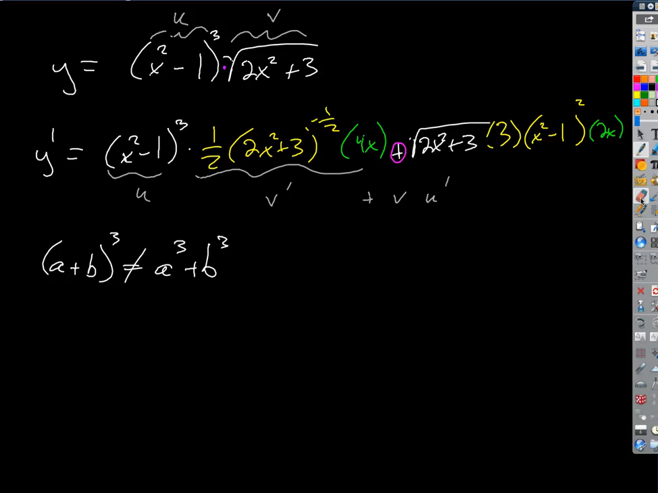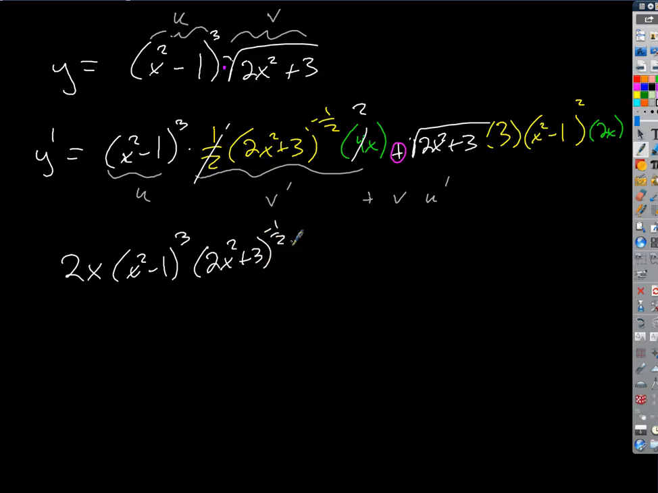All right, so we got these 2 big terms. Is there some simple stuff up here? For example, we could say that 1/2 times 4 is 2, right? Everybody see that? Then what do we have on this side? Well, we really can't do much. We've got an x times an (x squared minus 1) cubed times a 2x. You're right, sorry, 2x times (x squared minus 1) cubed times the quantity (2x squared plus 3) to the minus 1/2